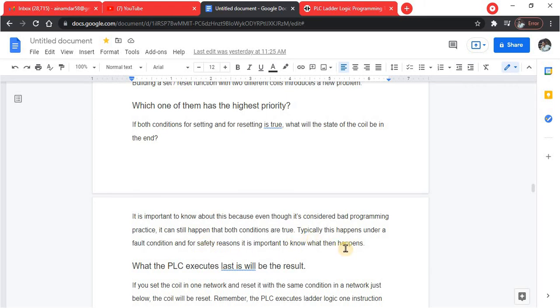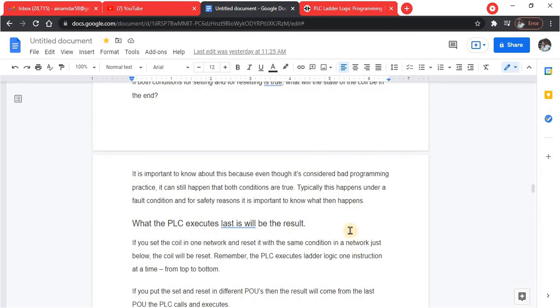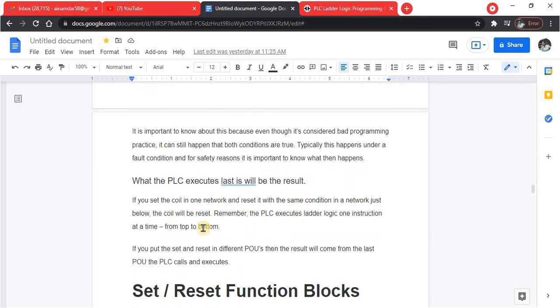Typically this happens under a fault condition, and for safety reasons it is important to know what happens then. What the PLC executes last will be the result. So if you set the coil in one network and reset it with the same condition in a network just below, the coil will be reset.